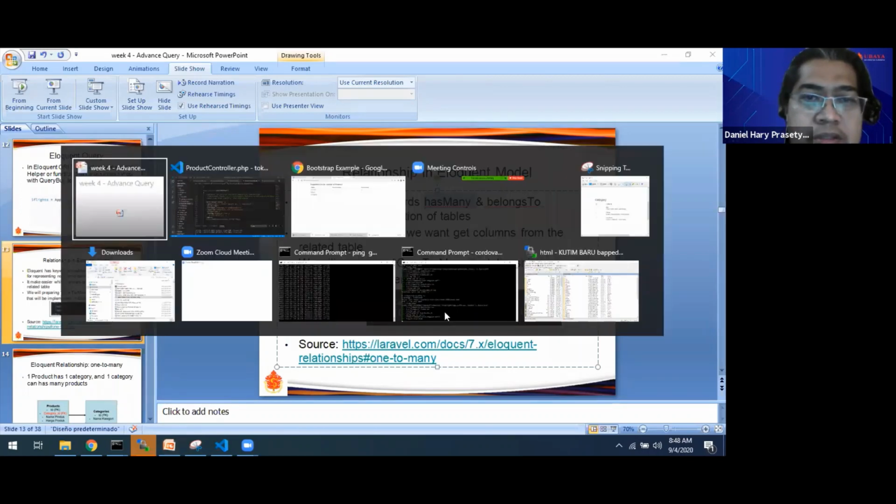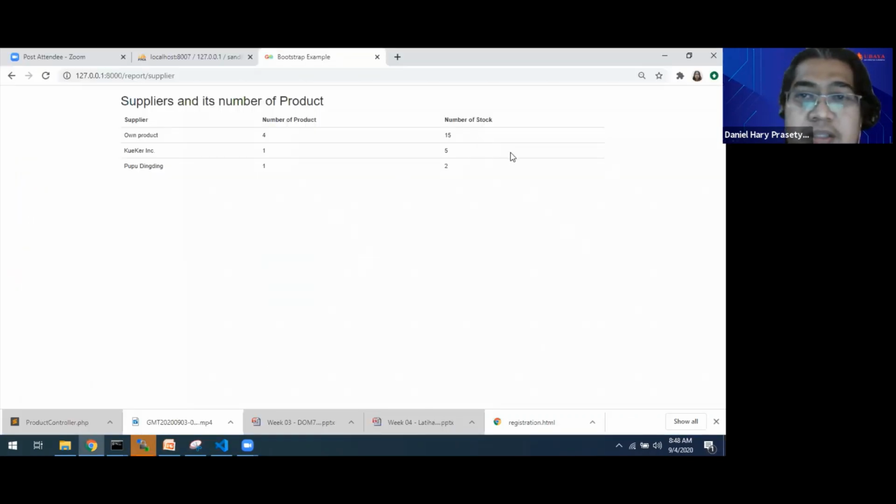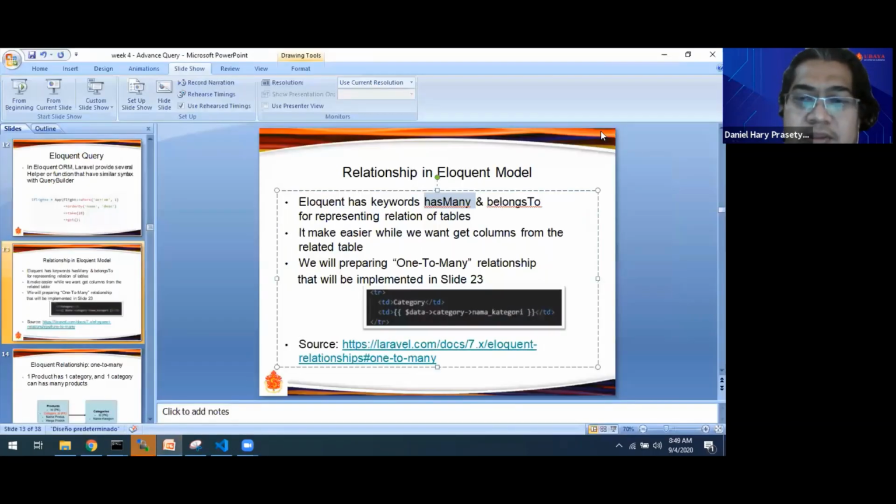Maybe we will show the number of stock here, and then maybe we can put the products here. But we just send the category data. We do not need to join it. Just setting the relationship. Okay, this is the magic of the Eloquent model.